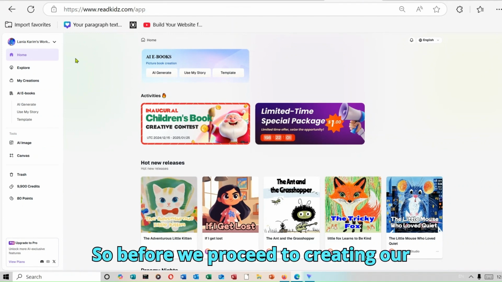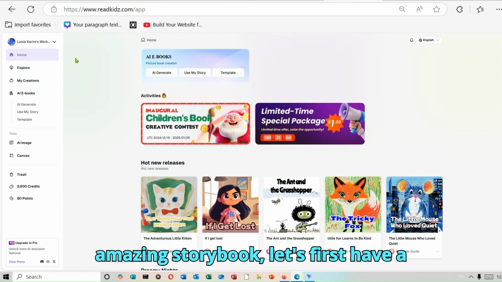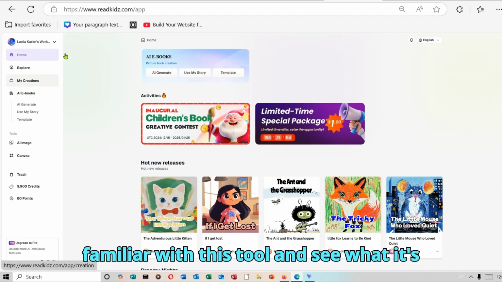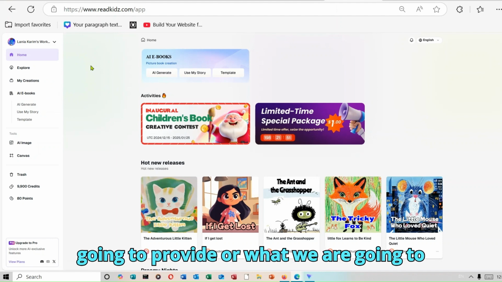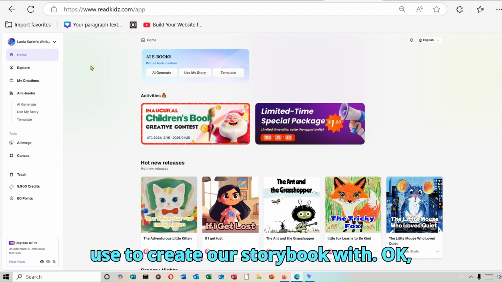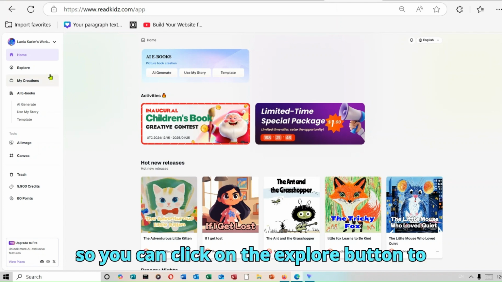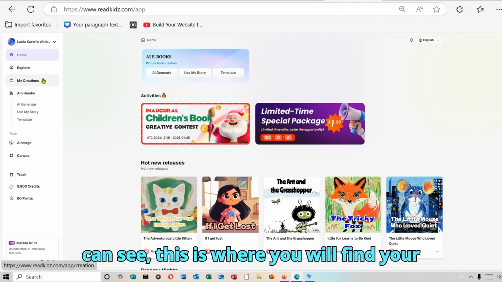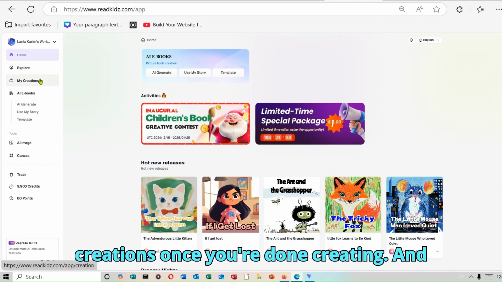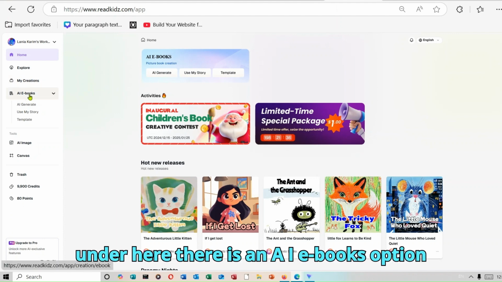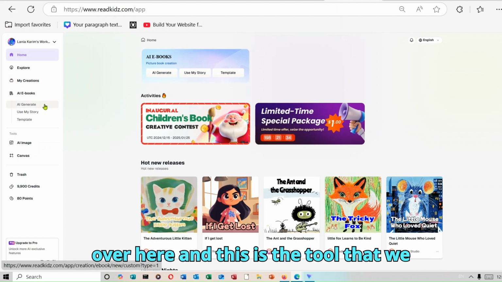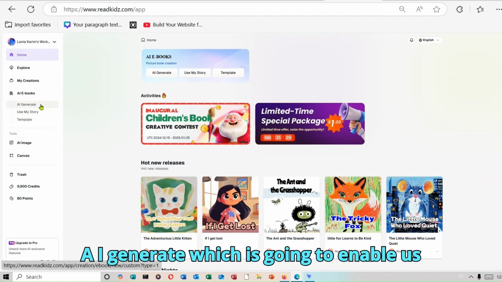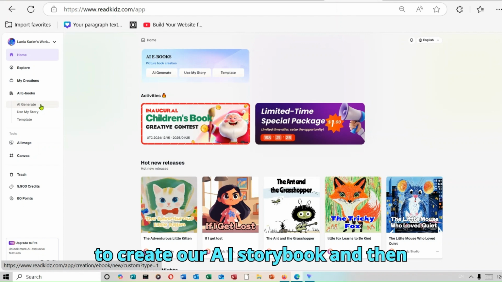Okay, before we proceed to creating our amazing storybook, let's first have a quick run through and get familiar with this tool and see what we are going to use to create our storybook with. You can click on the explore button to find the different options, and this is where you will find your creations once you're done creating. Under here there is an AI ebooks option, and this is the tool that we are going to be mostly using. There is AI generate, which is going to enable us to create our AI storybook,